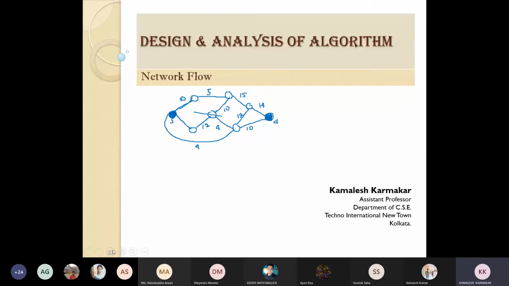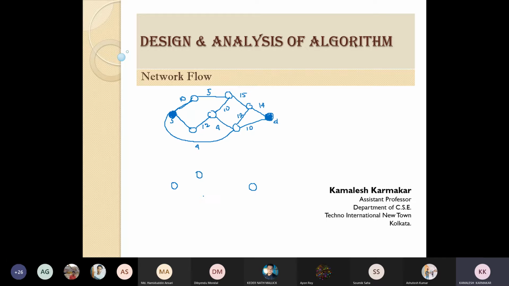If this is the network which is given, our objective is to determine the maximum flow through this network. How is it possible? What will be the maximum flow for this network? This problem is very hard to solve. We have some algorithms, and we'll learn those algorithms. But if we want to solve this problem using a brute force technique, it will be very hard. I'm giving you a very simple example here so that you can understand what our consideration will be.